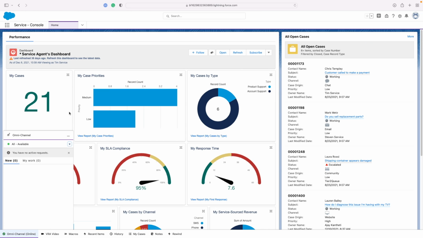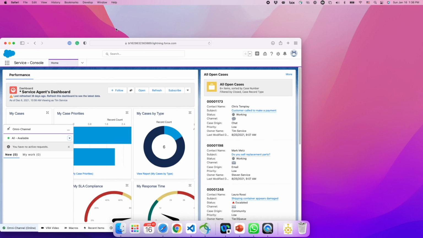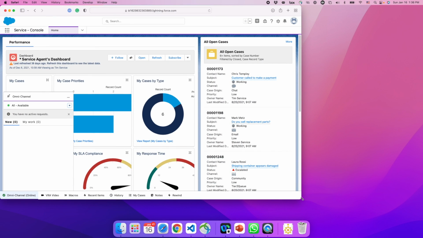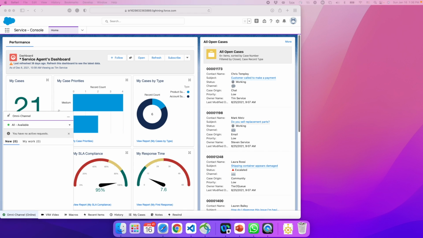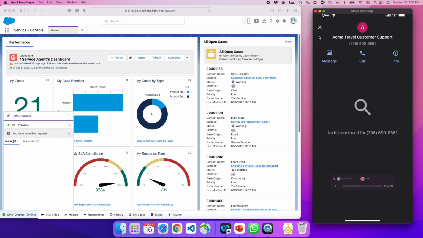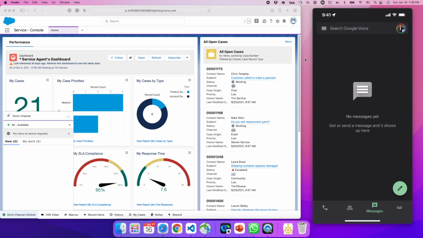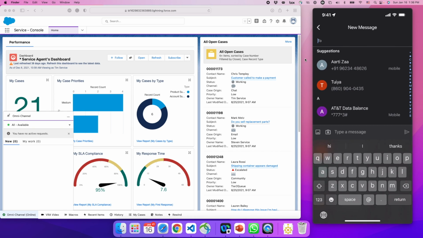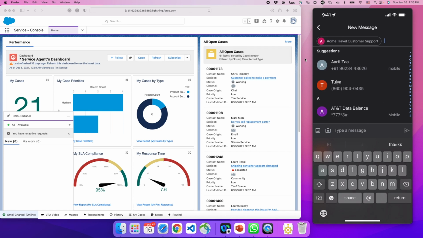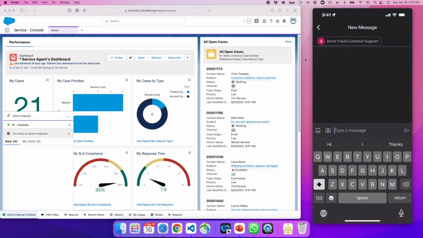So what I have done is, let me minimize this one, and I will split screen to show my real-time mobile here. On my mobile, I am going to connect to this customer. So let's see how it looks like. I'm going to say, okay, I need to send an SMS to Acme Travel Support. Okay, and the message is, hi, I need some help. Let's see what happens. The moment I send a message,